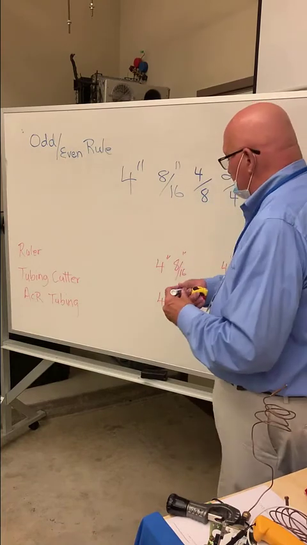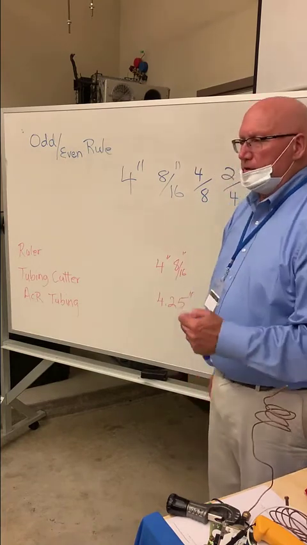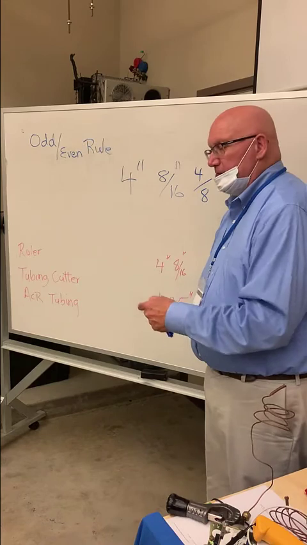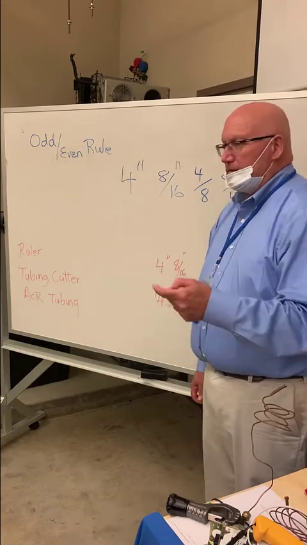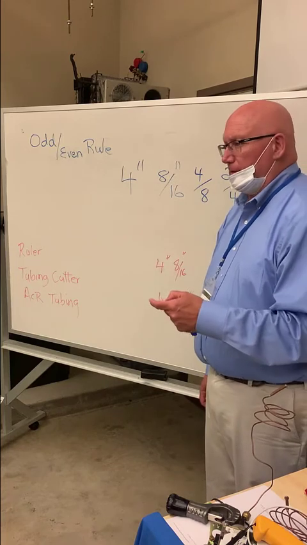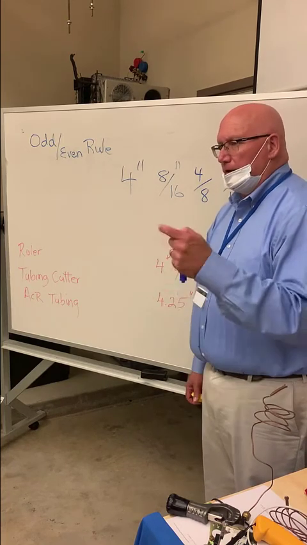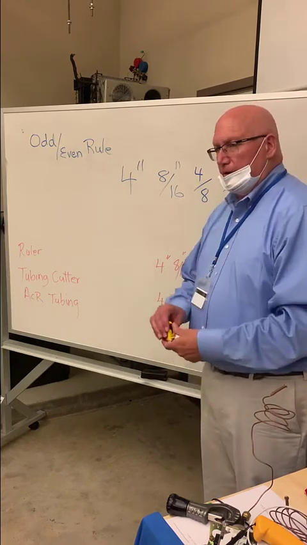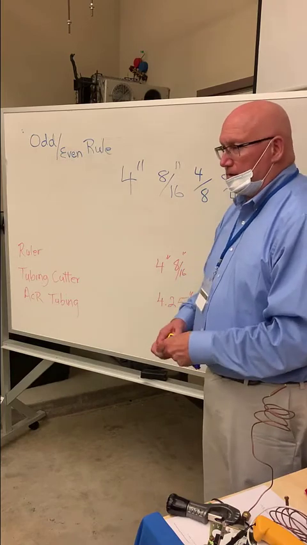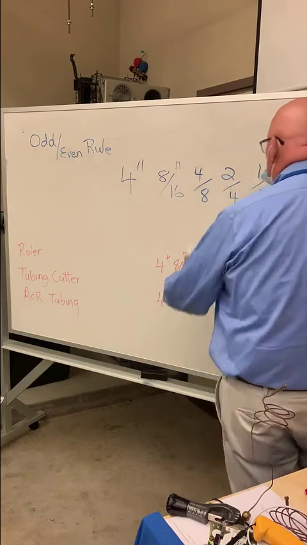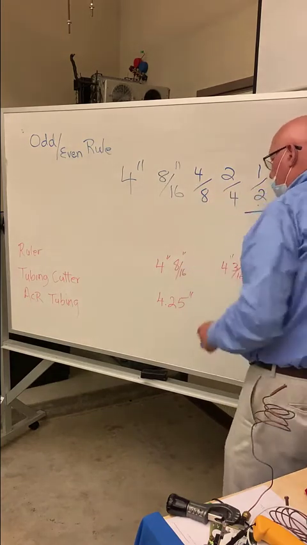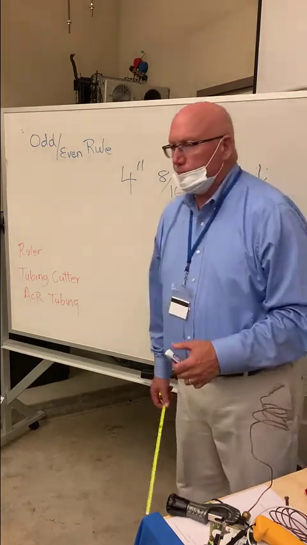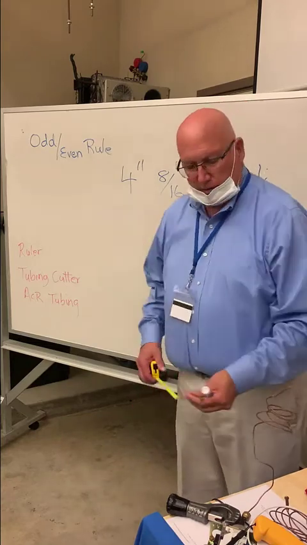So instead of saying, I measured it, boss, and it's 4 8/16, which would be true, but then you would not sound like you know how to read a ruler very well, right? To read the ruler and convert those dreaded fractions, all you need to do is follow the odd over even rule until it matches up. So now,